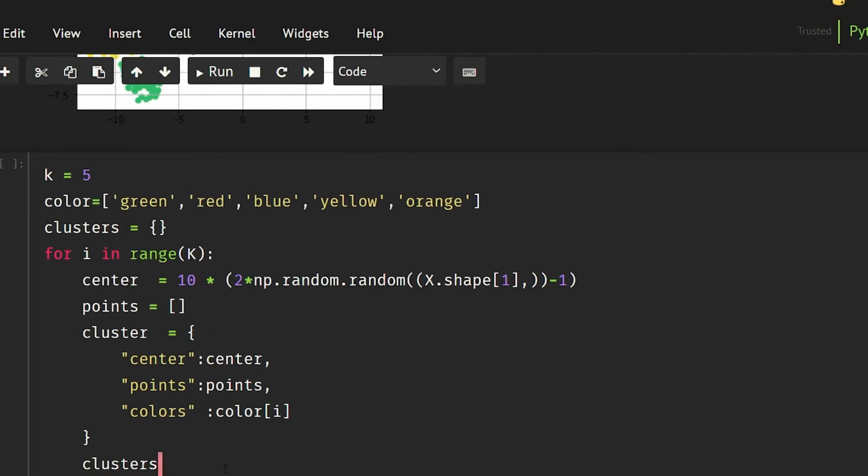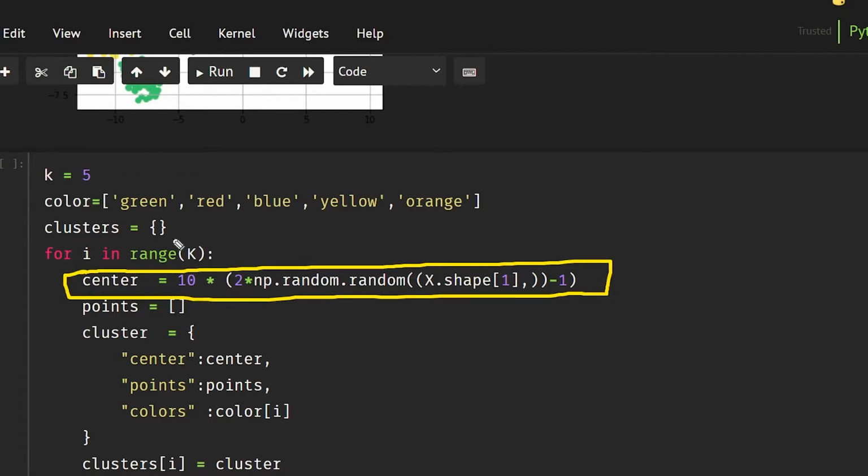This is also going to be clusters. So clusters dot I is going to be cluster. So what I am doing here is I am creating 5 new points. Okay, I am creating 5 new points, and what it is going to do,